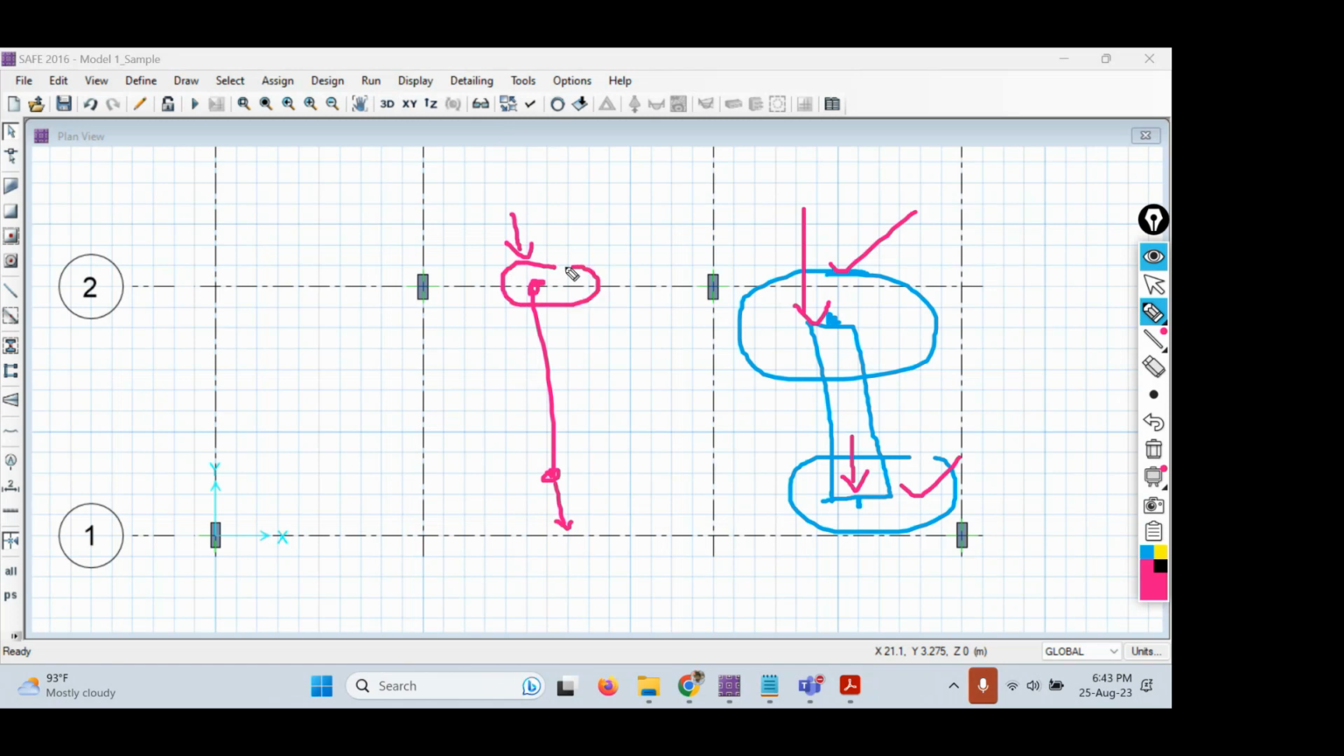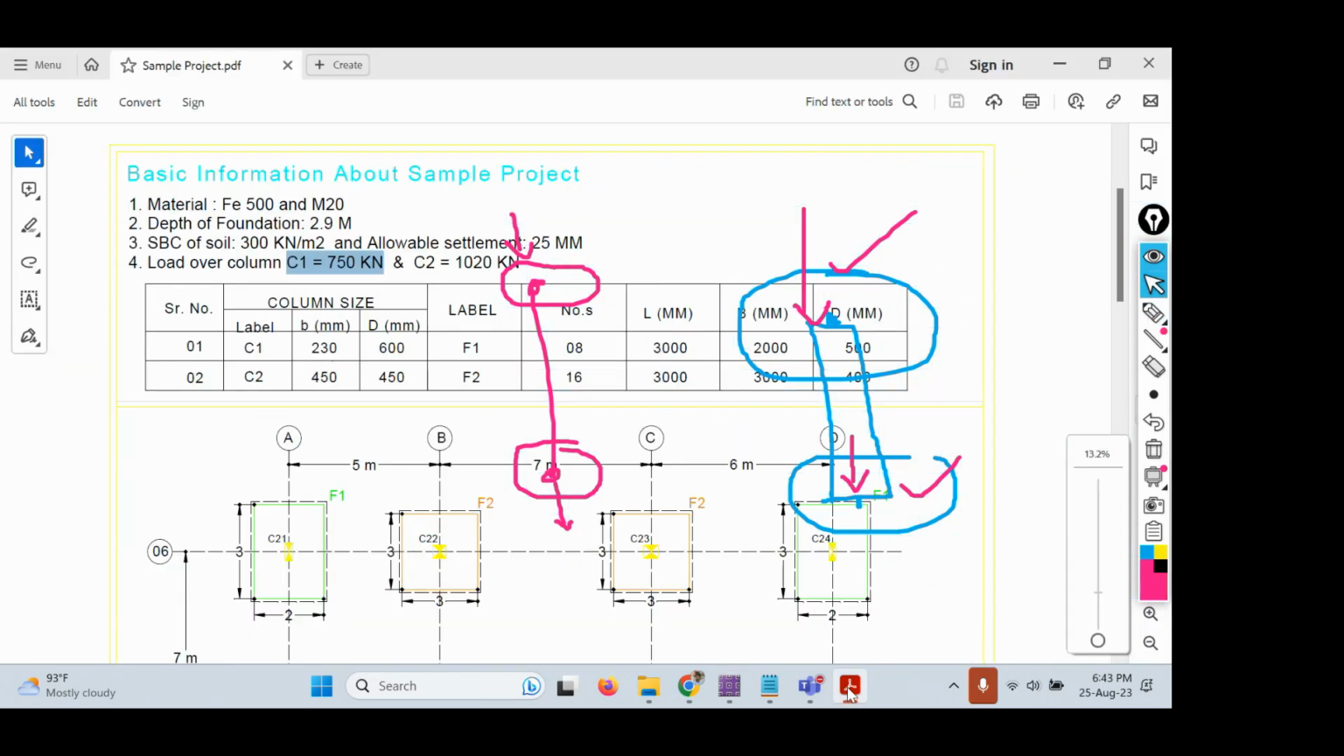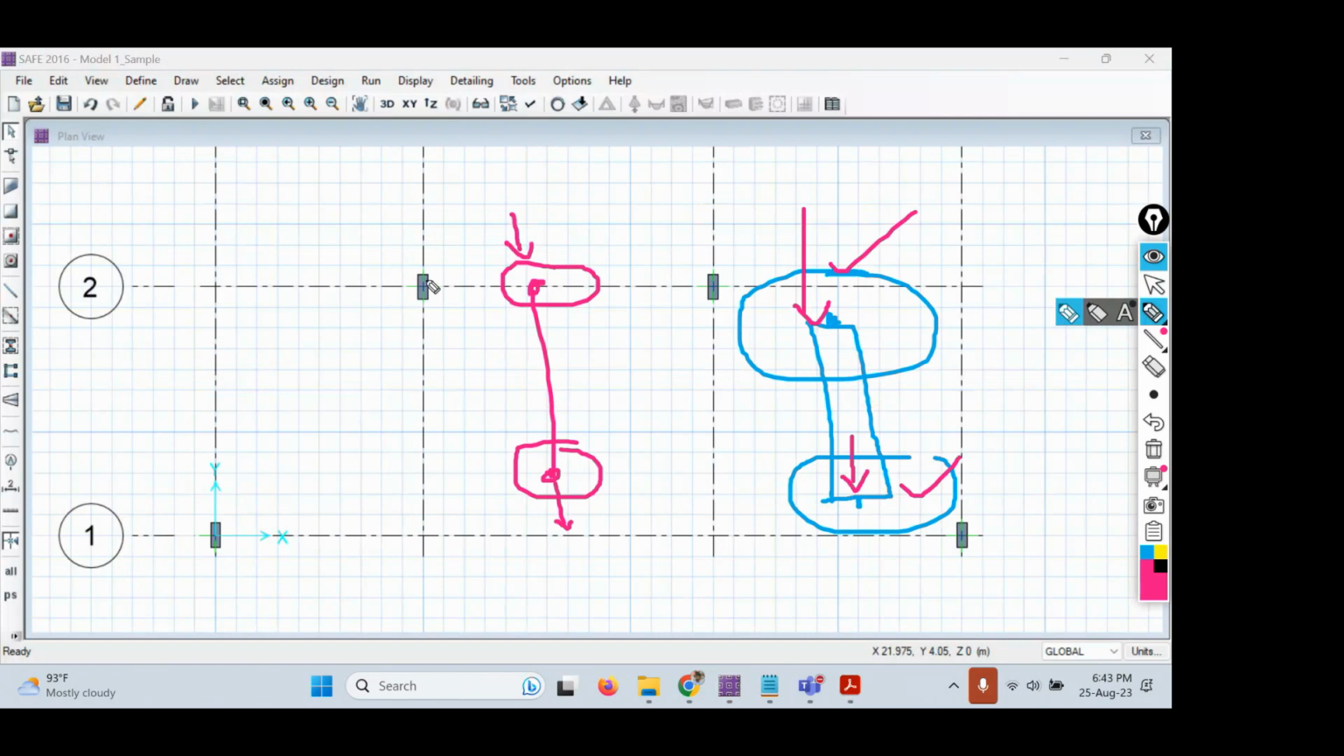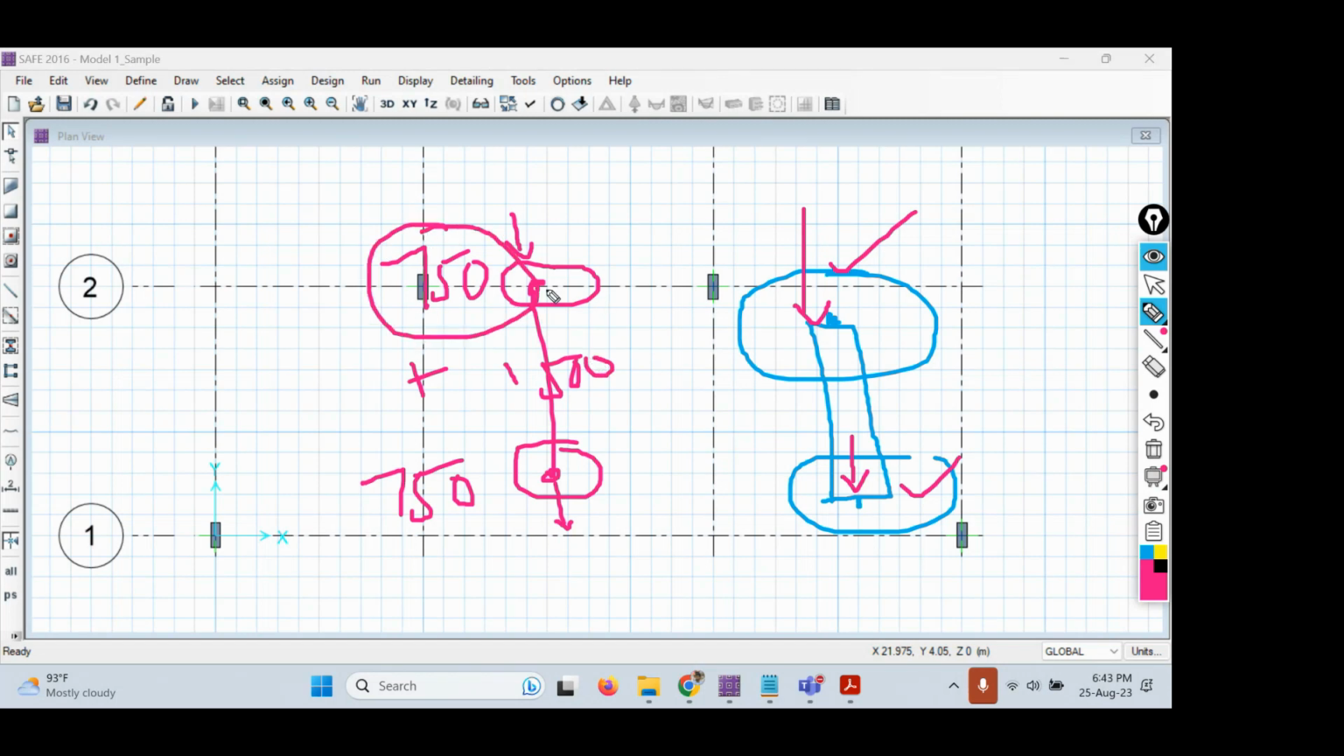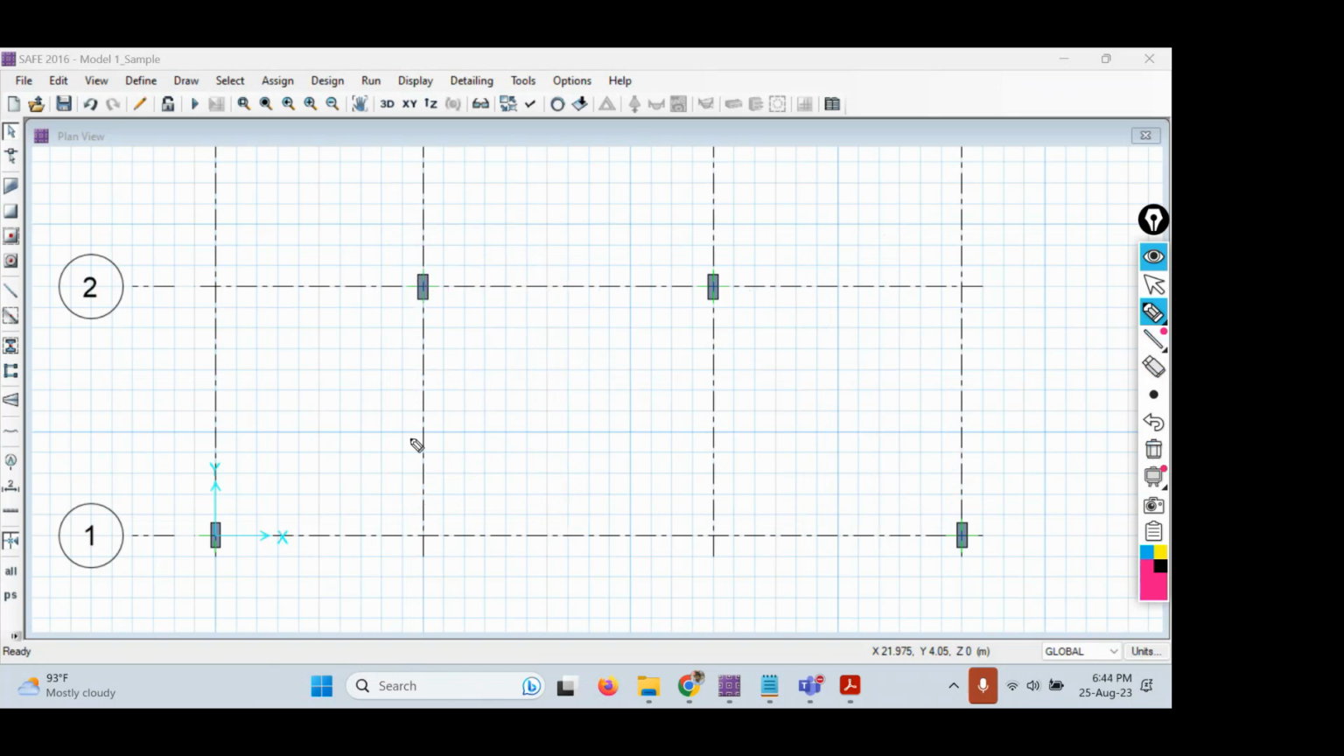But if you assign the loads both at the top and bottom points, then what will happen is, column 1 is carrying how much amount of load? Let's say it is carrying 750 kilonewtons of load. So column 1 will carry at top point 750 kilonewtons of load. At bottom point also, it will carry 750 kilonewtons of load. So the total will become 1500 kilonewtons. But actually, how much is column 1 carrying? It is carrying only 750. But if you model the column loads both at top and bottom point, it is going to carry twice the amount of original load. So to avoid this confusion, we always have to assign the loads